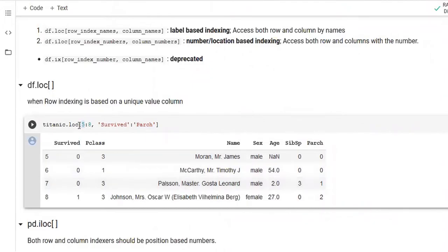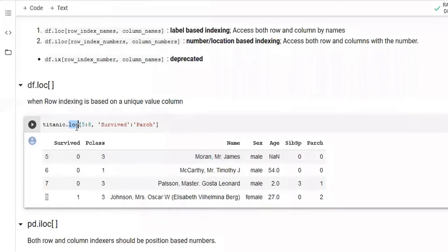Why did it happen? Because this is the property of LOC. It's not treating anything as an index of the default Python indexing pattern. It's treating the numbers as numbers. Whatever you pass, it's going to come out exactly as that number. It's not going to follow Python indexing. It's just going to say, okay, these are the numbers you asked me to take, and I just gave you those numbers.